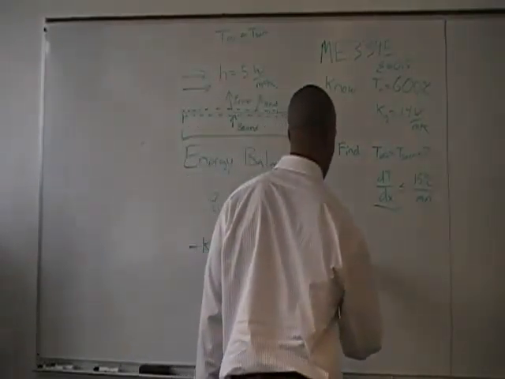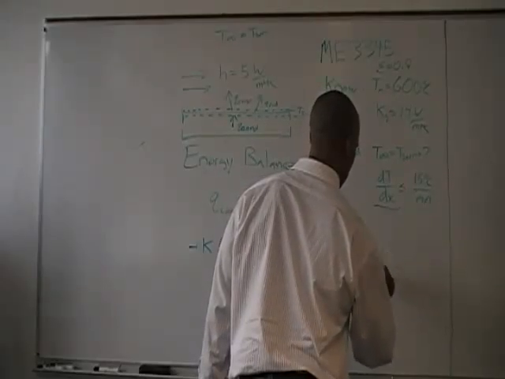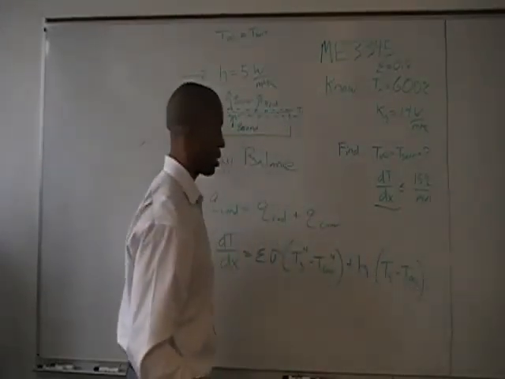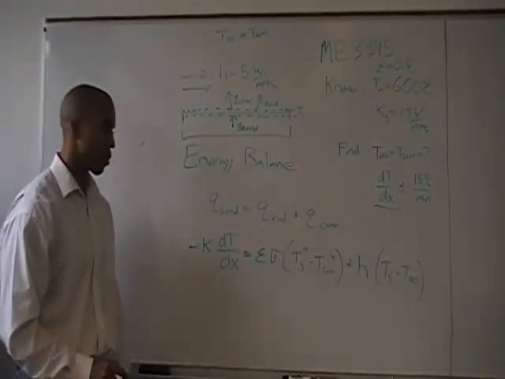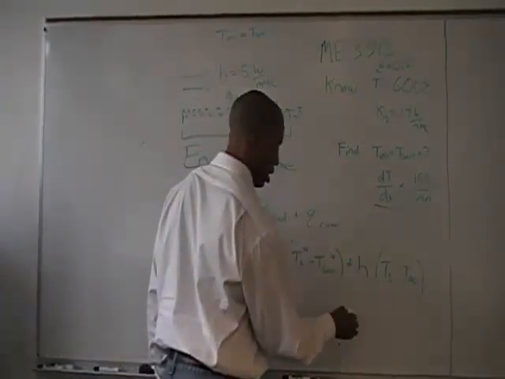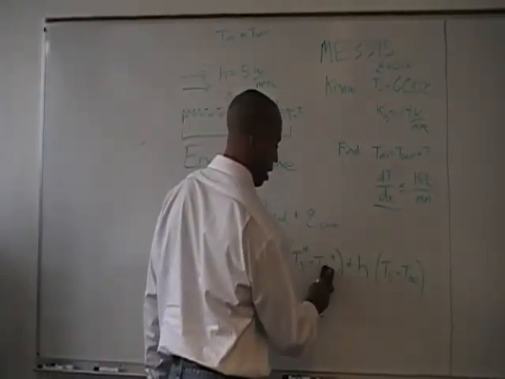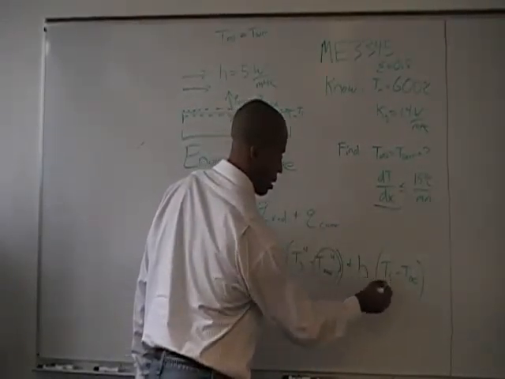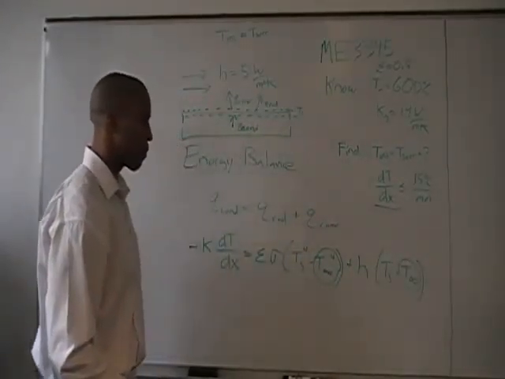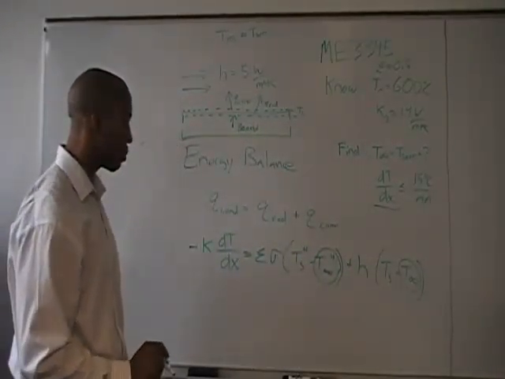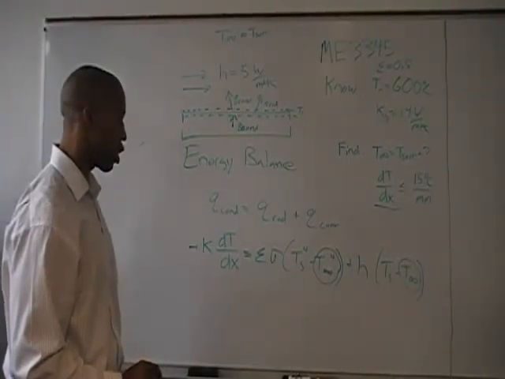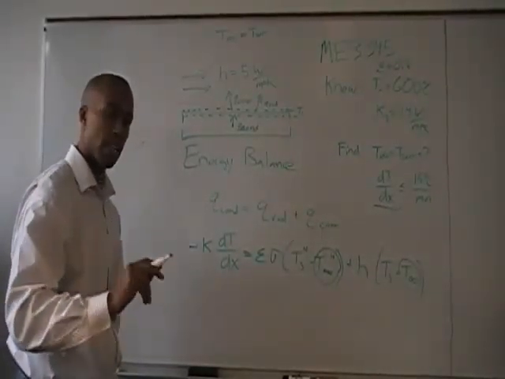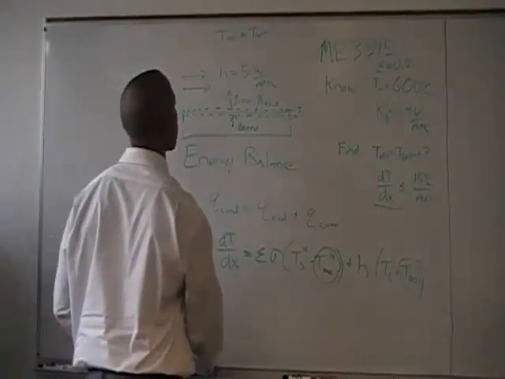And then we have our convection, which is going to be h times the surface temperature minus the temperature at infinity, which is the same as the temperature of surroundings. Right? So I'm going to go ahead and write both of these temperatures as T infinity. And this is ultimately what we need to find. We're going to find this T infinity. Right? Everything else we already know. So if we rearrange this equation, put everything that we know on one side and things that we don't know on the other side,